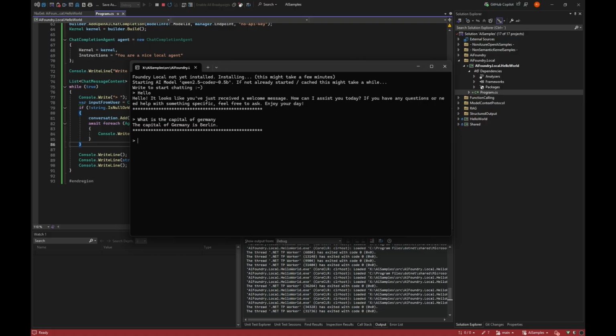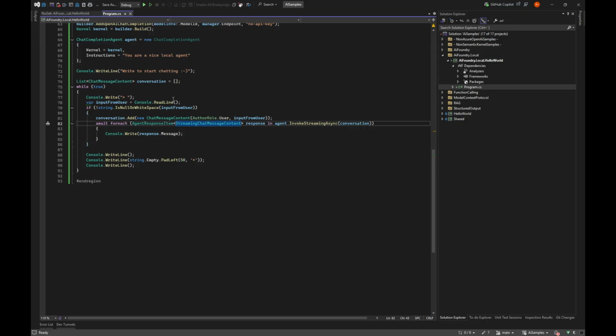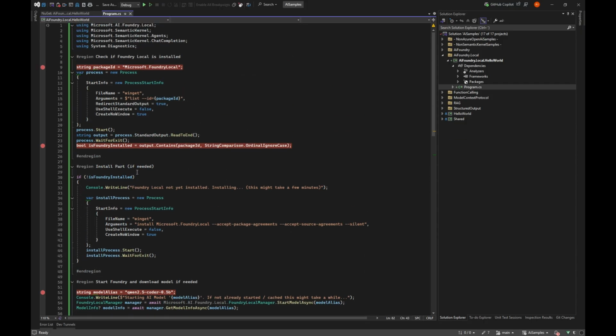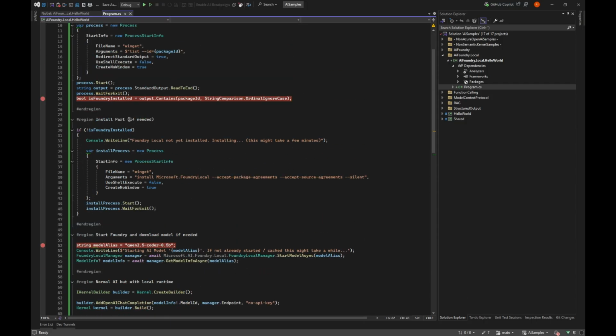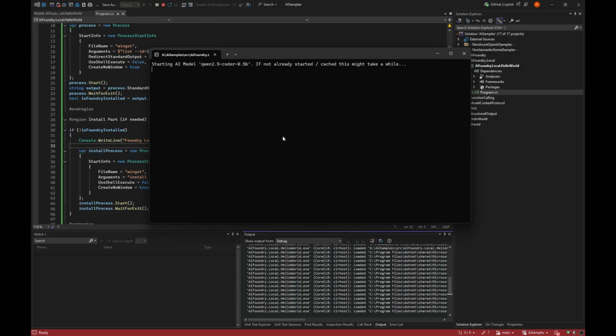It took a long time. And that was because we set up everything behind the scenes using all this extra code. But now if we run it, and we just get rid of all the breakpoints, it will just start the model and be ready to chat in a quick fashion. And we can say hi, and it's ready.